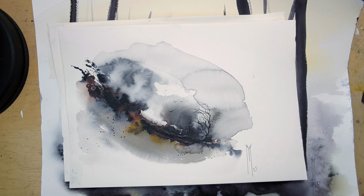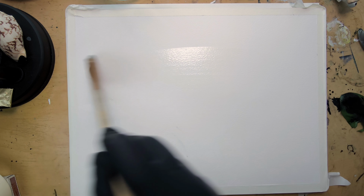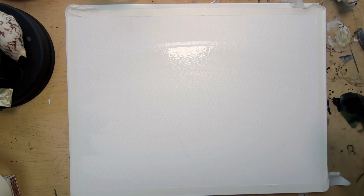So I just had used a leaf before, and I had lots of color left on it, so I decided to reuse that. And you don't have to use a dandelion leaf. You can use just whatever leaf you want. This is more to show you